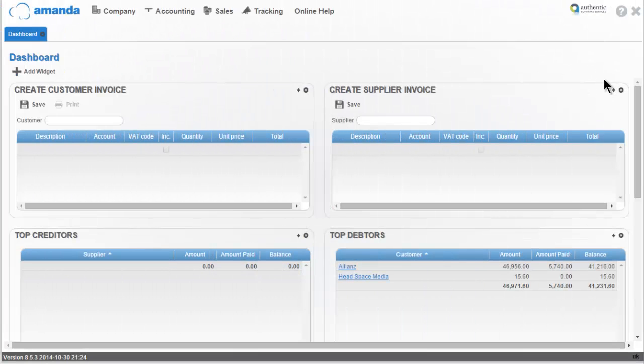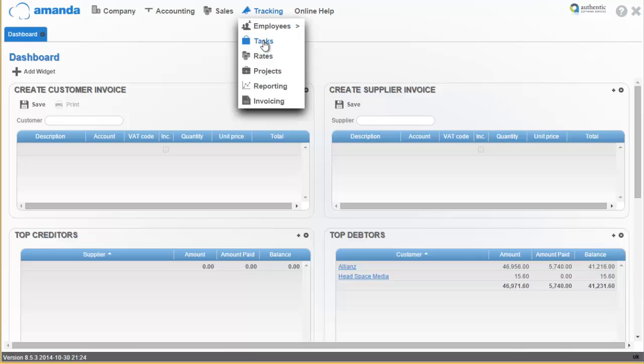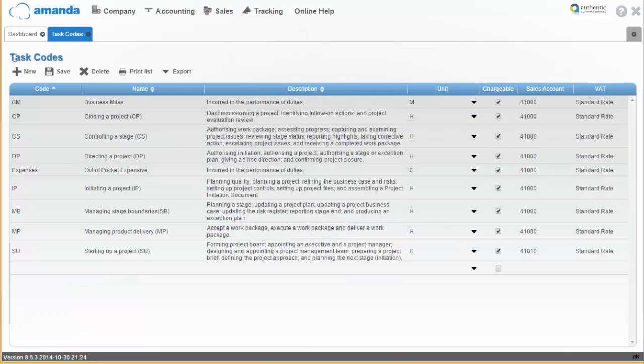The tracking module uses tasks which you can allocate to a project and then create invoices. So on the tracking menu, having set up our employees, we're now going to look at the tasks. Now, this is a set of tasks that I have created for the example company that I'm using here, and